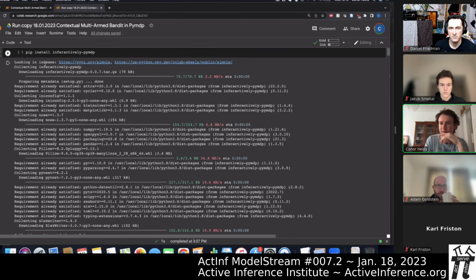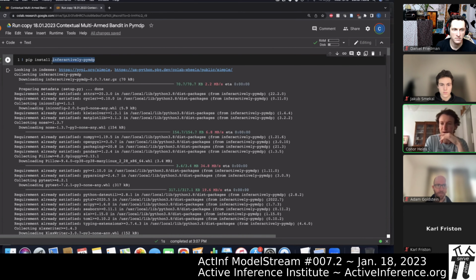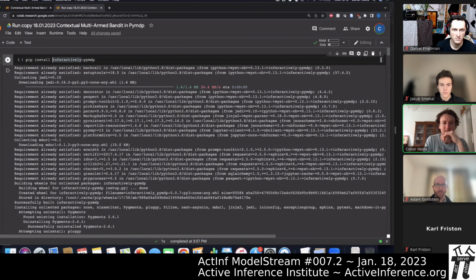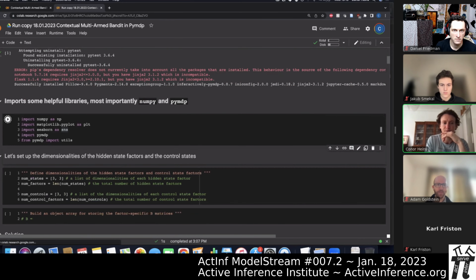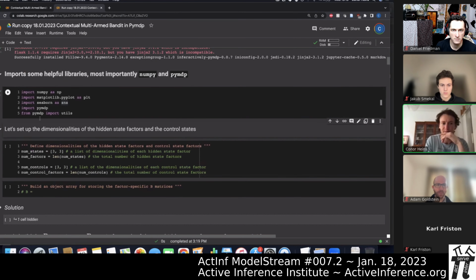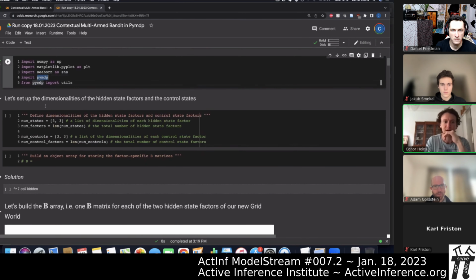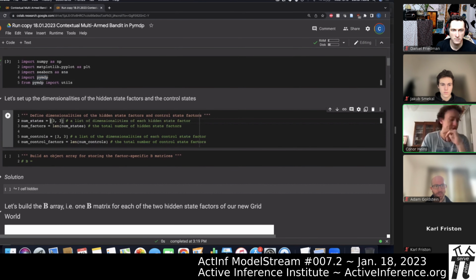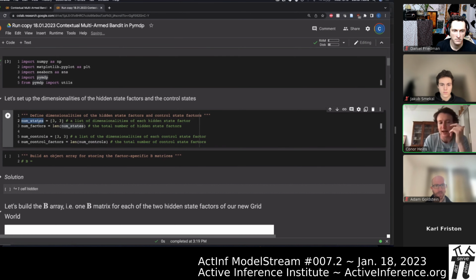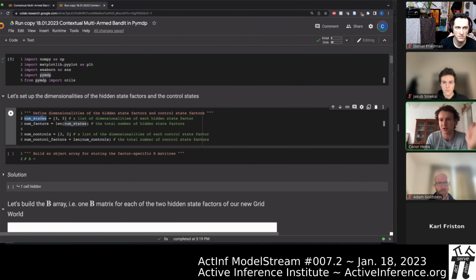So you've installed inferactively-pymdp. That's the whole name of the package. That's now in your environment. And then you should also run some basic imports like numpy and pymdp, which is now in the environment. Okay, and so the basic variables that you'll see are things like, there's a few variables that are almost always part of any pymdp workflow, and this is very much mirrored on how it's done in SPM in the DEM toolbox. So typically you'll have a list that specifies the dimensionalities or the number of different levels of each